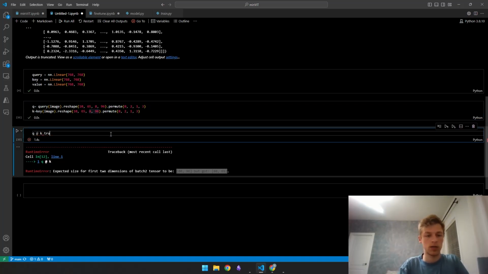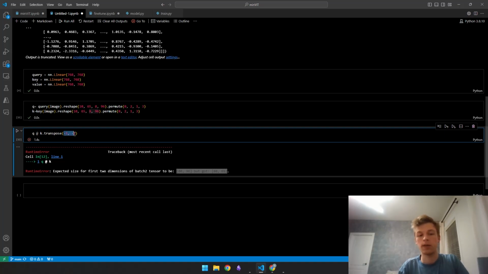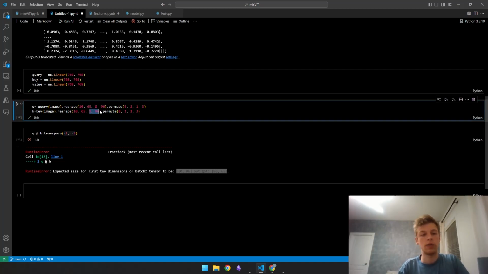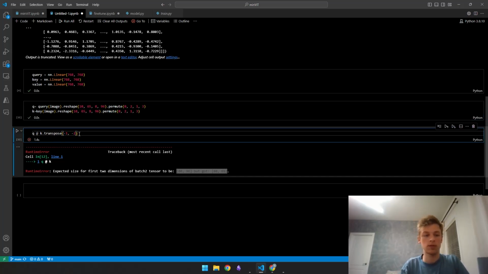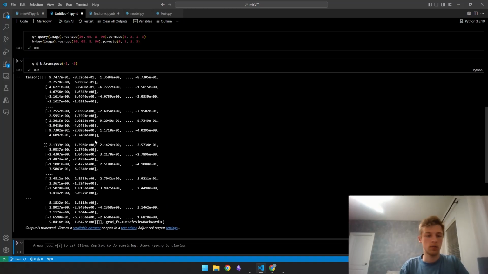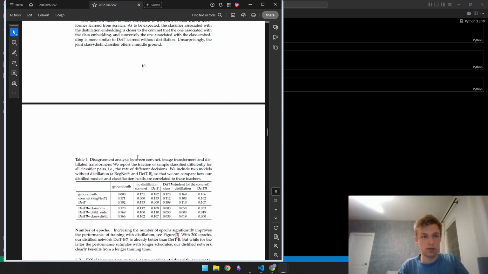So we would do K dot transpose, and here Copilot is suggesting -1, -2, which, like Python list indexing, would flip the second to last and the last dimension. We could also do 2, 3, which would be the same result. But here we can see the matrix multiplication succeeded. And then going back to the original paper,